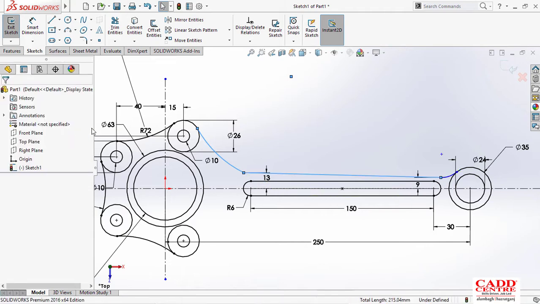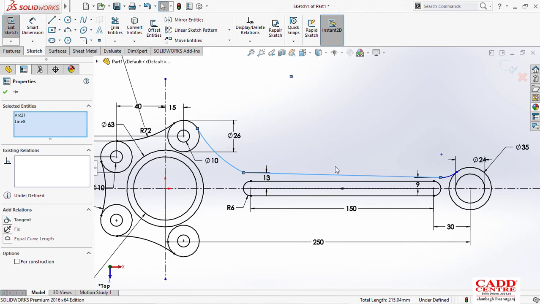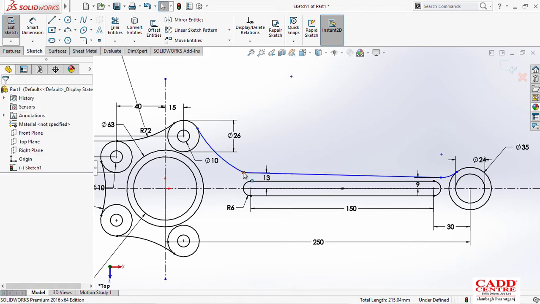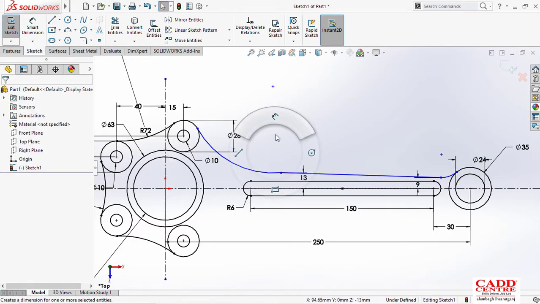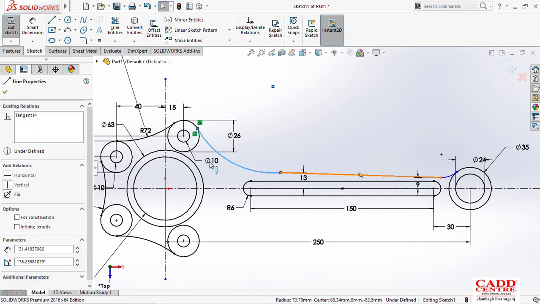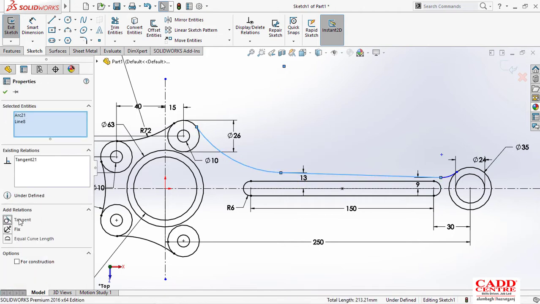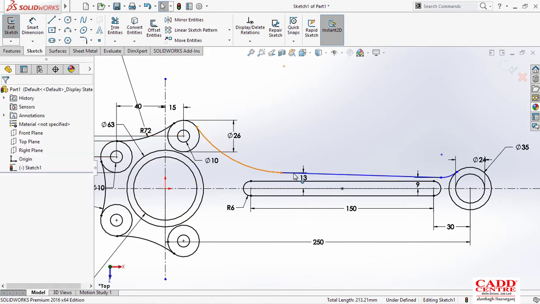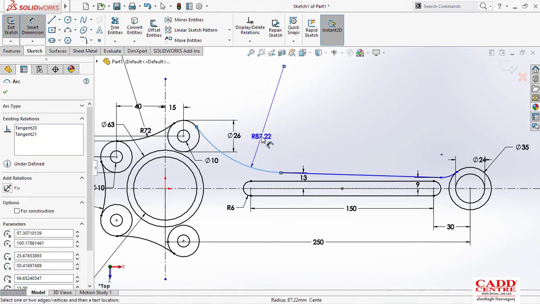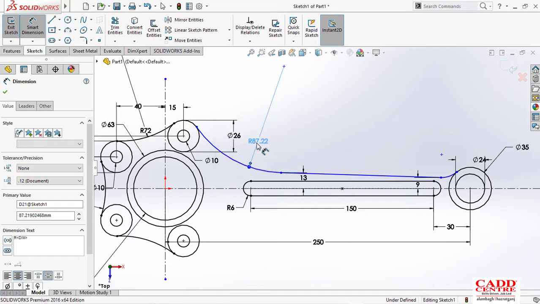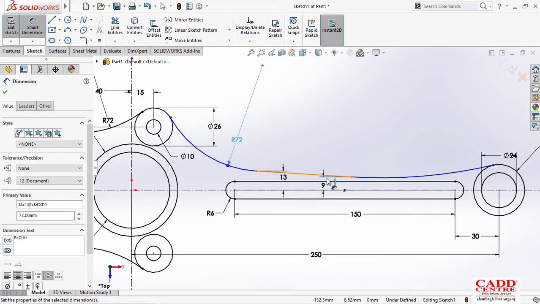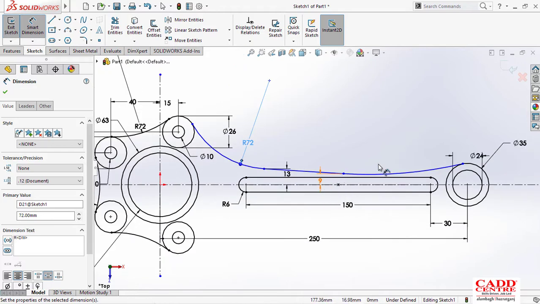Okay, they are getting that, so let me just drag it approximately here, and then provide tangency, this one and this one, tangent. Okay, now it's clear. So that line length is approximately lowered, so that's why it's getting error. So now it will be, I think it will make 72. Okay, so now it's a good result.